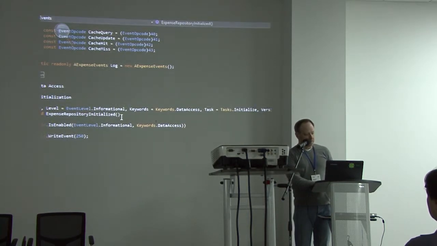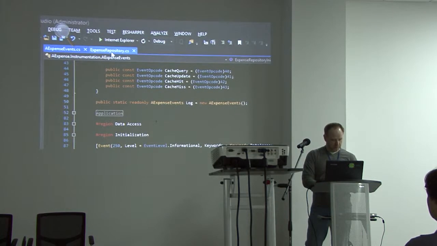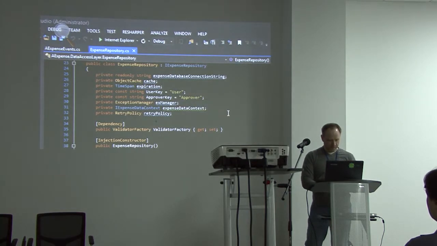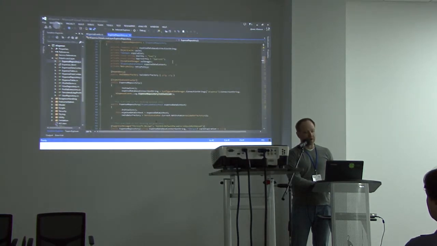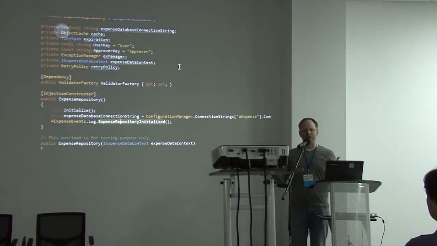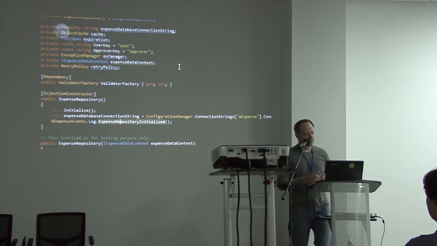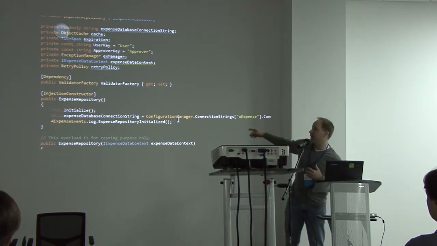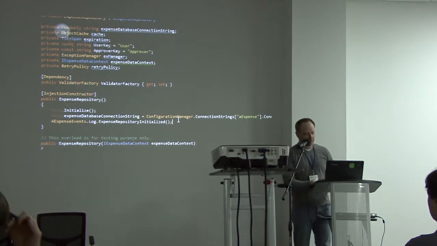And then when we're logging our message here, I'm actually in the wrong class. There we go. So I have an example here of a class that is a repository, right? This is a wrapper around some data access. And what it's really doing doesn't really matter. This particular sample application is actually meant to replicate a line of business application for processing expenses for employees. But we now have explicit messages here in our log, like this one, where instead of having something that might look like this,